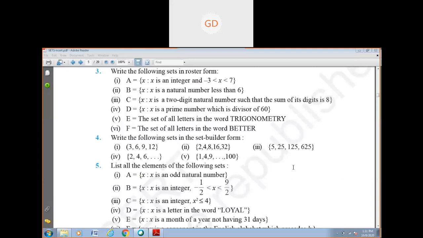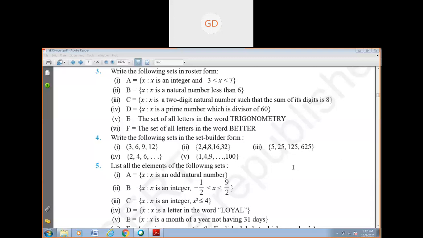Next, the set of all letters in the word trigonometry. Here, all the alphabets we just write using commas within second bracket, because basically we should have the set in roster form, that is tabular form. If any particular letter is repeated in the word, then it is not mentioned repeatedly within the bracket. Here you see two O's are there,